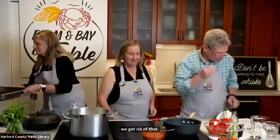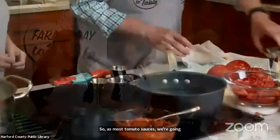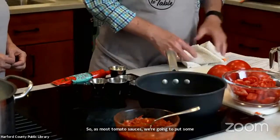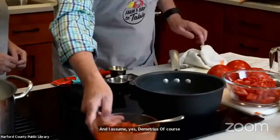Okay. So we're calling this the easy pizza sauce. That's because it's easy. For God's sake, it's easy. So as with most tomato sauces, we're going to put some delicious fresh olive oil, right? And Dimitri's, I assume. Yes, Dimitri's, of course. And then